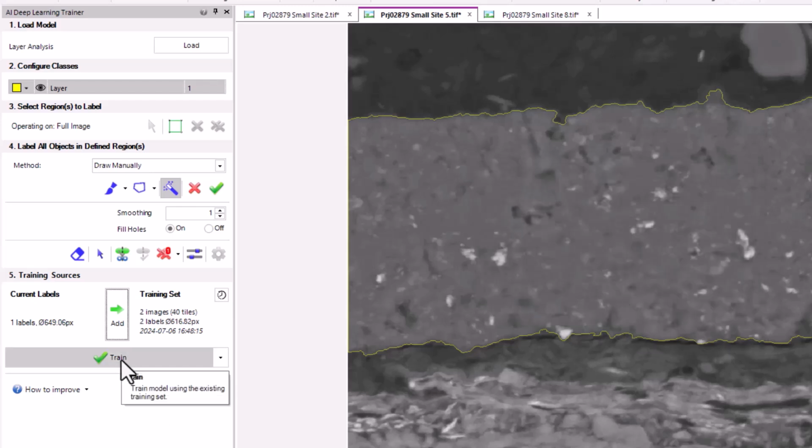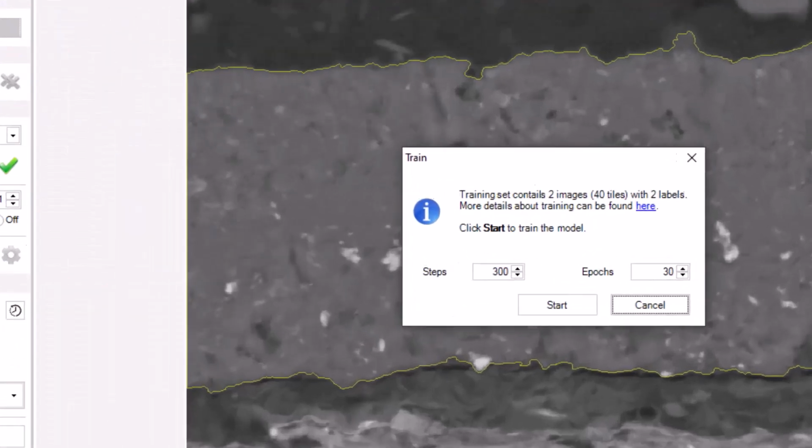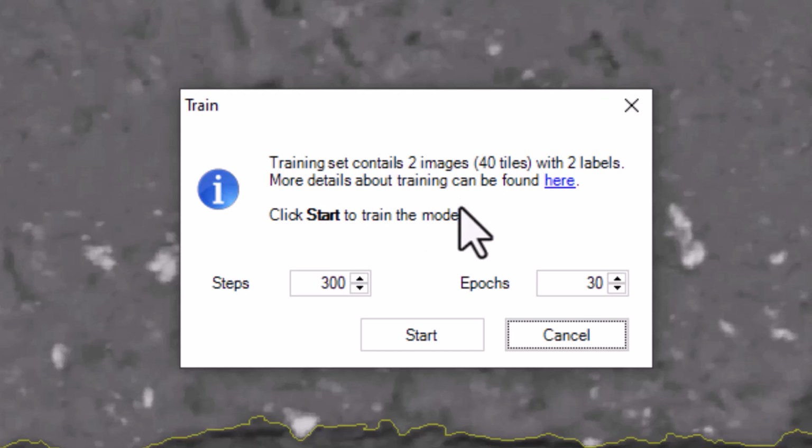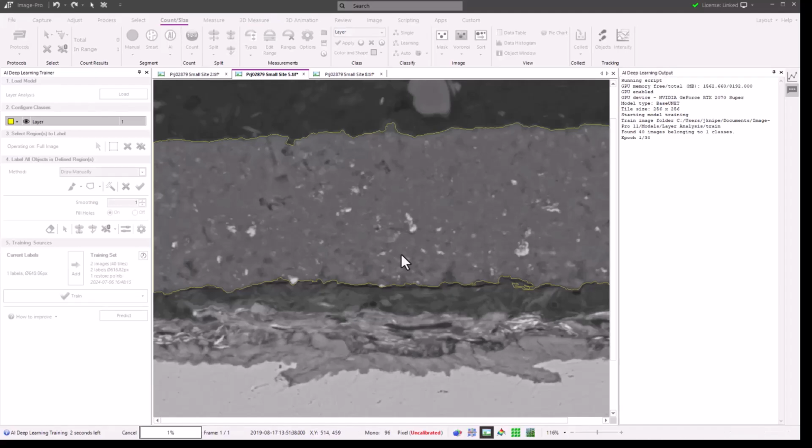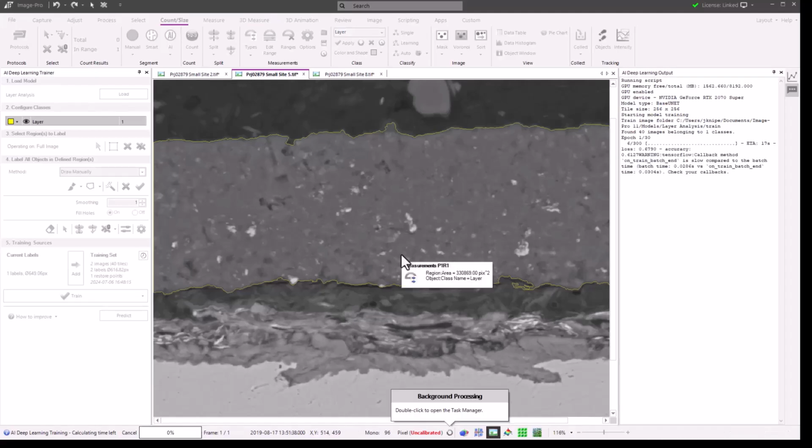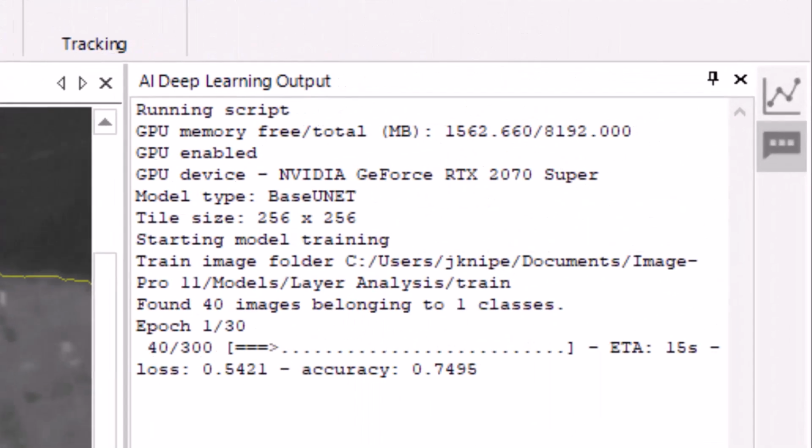To train, simply press the Train button. As you'll see, the information is added to the training set. By default, there are 300 steps and 30 epochs. To start, simply press the Start button. You can monitor the training stats in the AI Deep Learning Output panel. As you can see here, as it continues through the epochs,